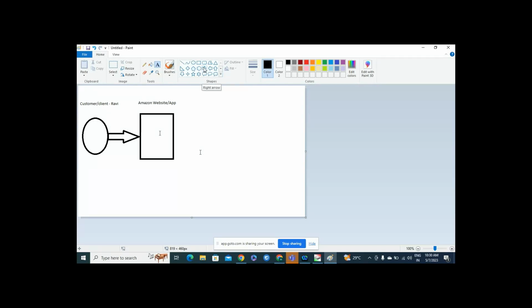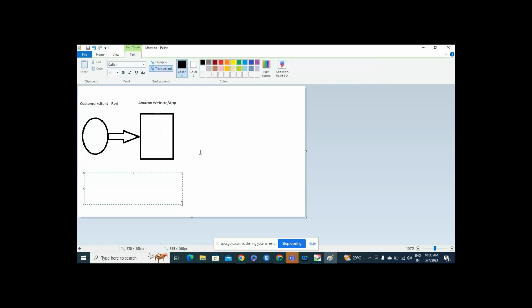I will explain with the current scenario. I would like to buy an iPhone. I will log in on the mobile app and search for the iPhone 14 with its specifications, and it will display the phone.